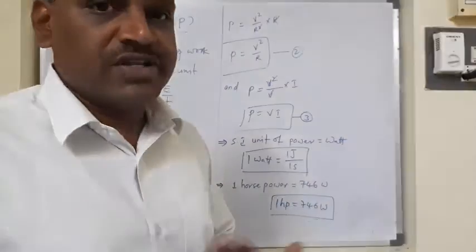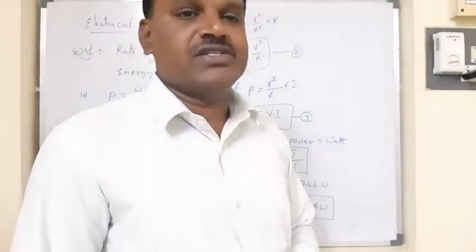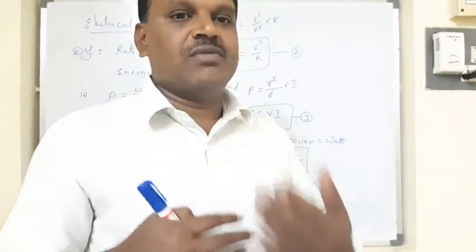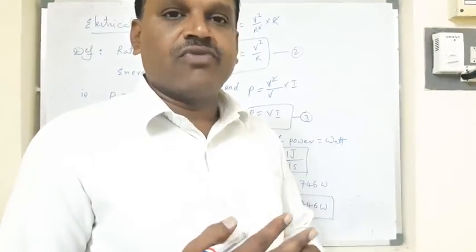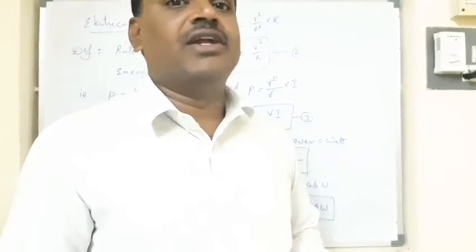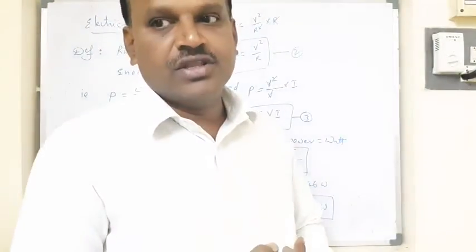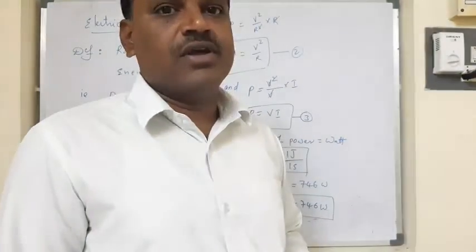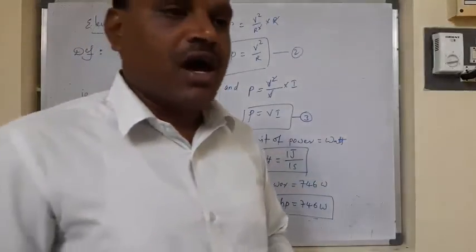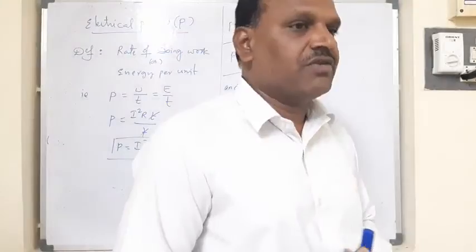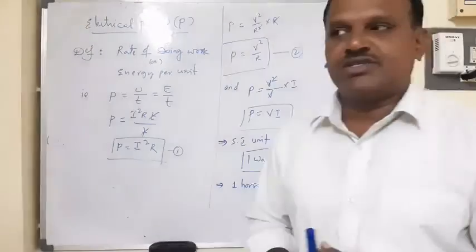Because their power requirement is very, very large, devices are represented as having this much power or that much power, like 10 HP, 5 HP or 100 HP. That is nothing but horsepower. So if the powers are more, they can be represented in horsepower, while general power observations are calculated in watts.